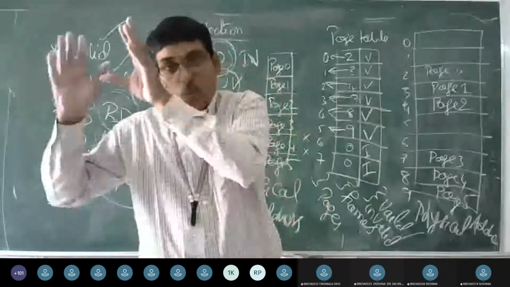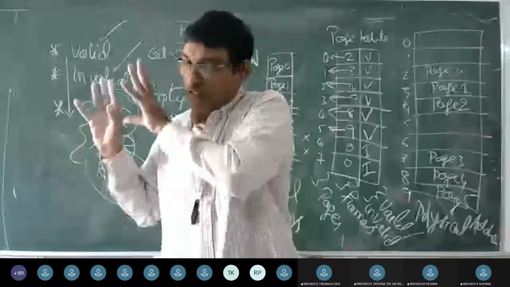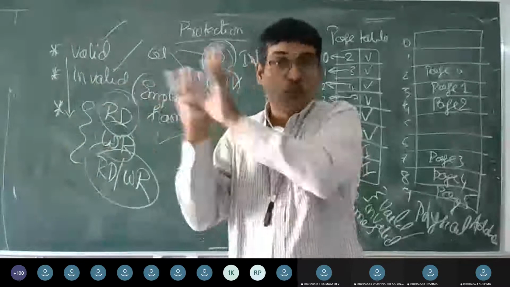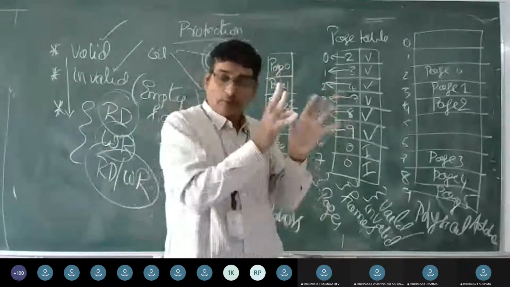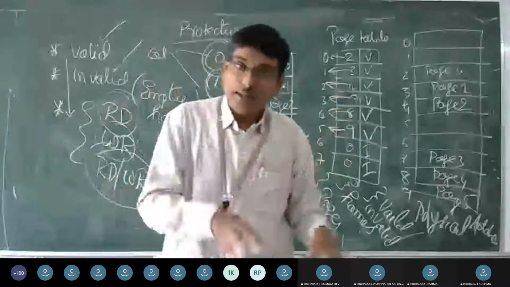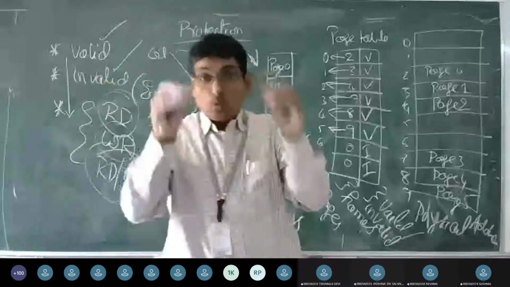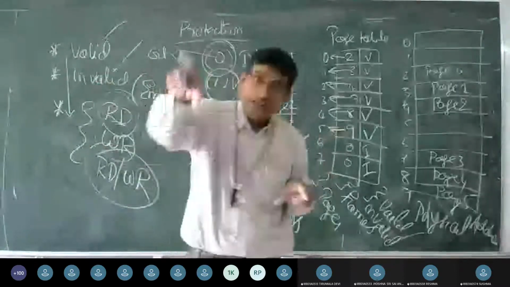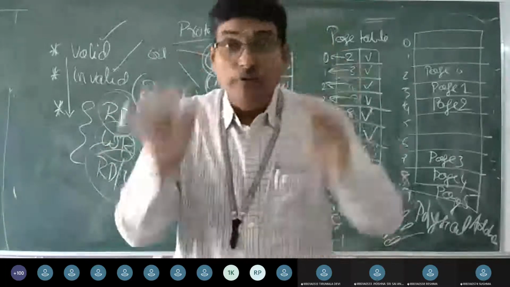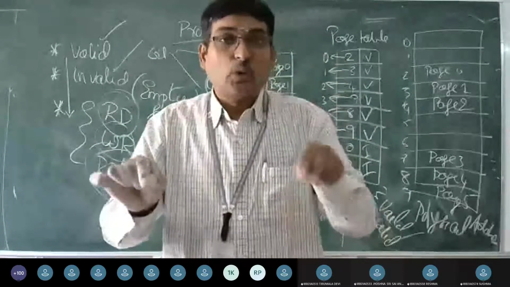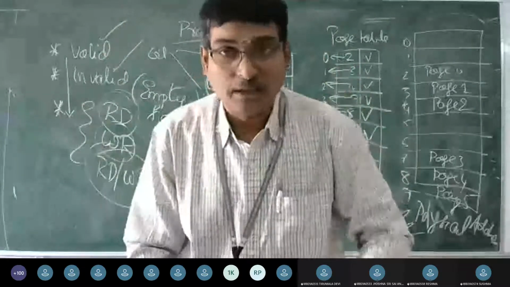The next one, the most frequent items which are needed by the CPU are going to be placed into the TLBs. So CPU will search for the most frequent items in the TLB. If it is found, we call it a TLB hit. If it is not found, then we call it a TLB miss. And how is it going to decide found or not found? It is going to do a searching mechanism. It is going to use parallel searches. At a time, all the pages are going to be searched.